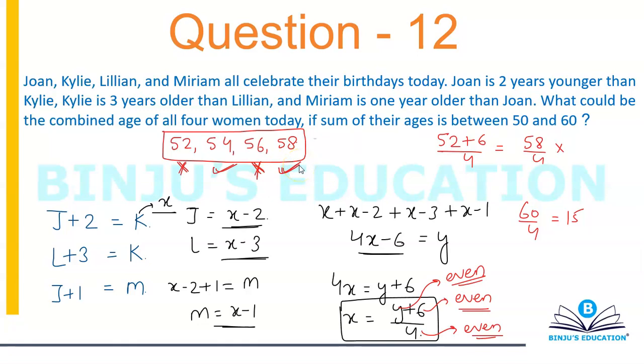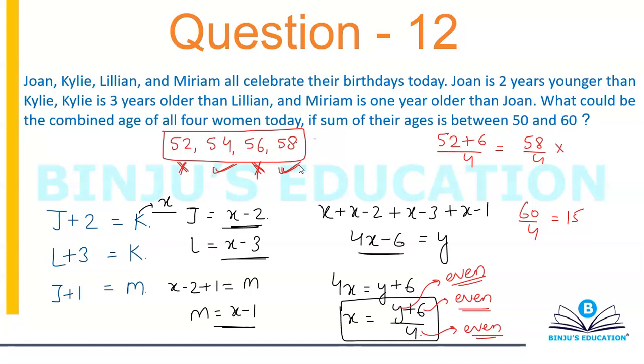Now if this question comes in SAT, which it can, you can grade in any of the two values. You can either write 54 or 58, your answer is correct. If it comes in GRE, it can come as a multiple choice question. You can have numbers like 52, 54, 53, 50, 56, 58. In that case, you'll have to mark both of them.